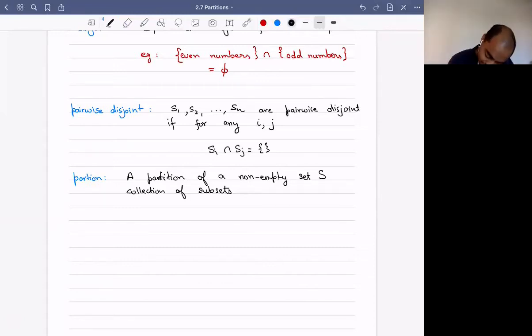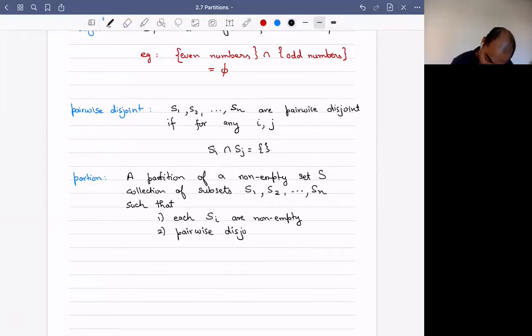Is a collection of subsets S1, S2, through Sn such that each of these subsets are non-empty. They are pairwise disjoint. Non-empty simply means it's not the empty set, so it contains at least one element. And finally, I should recover the whole set back if I look at all of these together. So S is the union